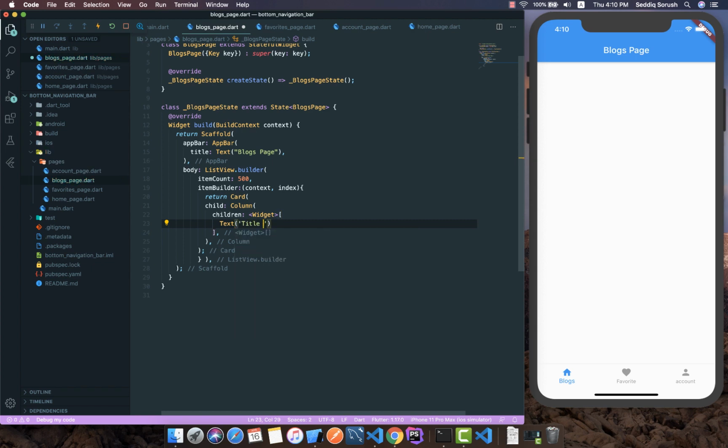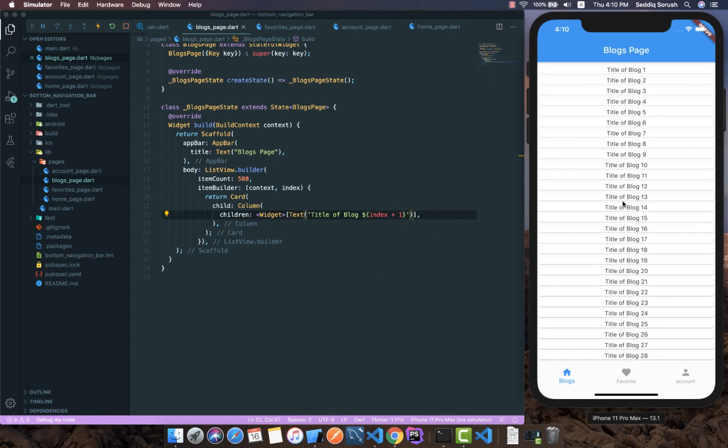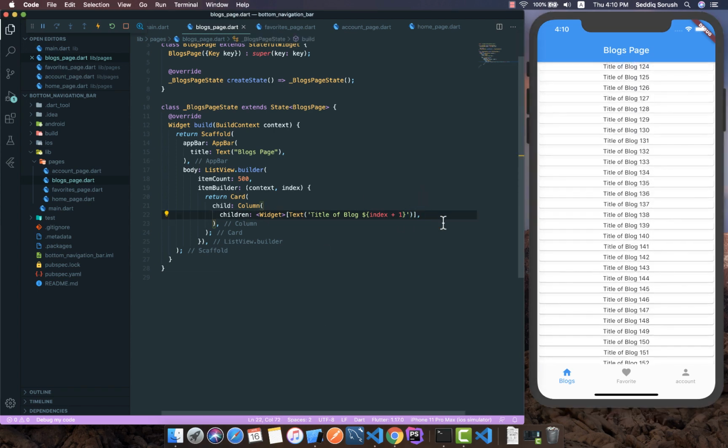So this is the title of the block, and for which block, I am going to use index + 1, because index starts from 0, so it is not meaningful. So I'm going to do it like this. If I save it, you can see we have all the blocks. Okay, so it is listed here, but what I want is